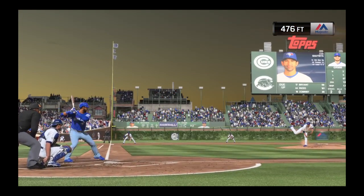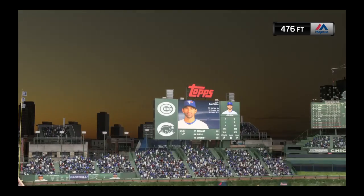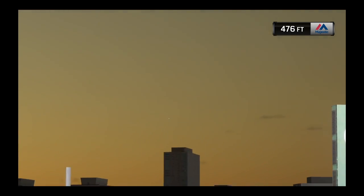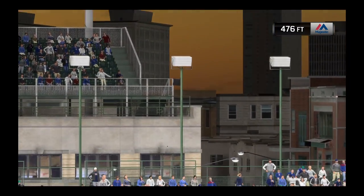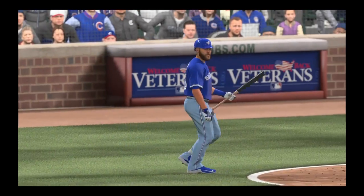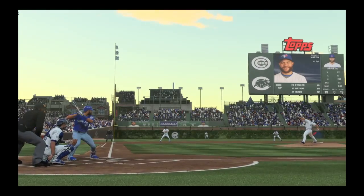You want to talk about an offensive explosion? That's 6 home runs as a team so far. I mean, you might get that once a season. The whole lineup's been absolutely dialed in. Russell Martin will stride in again, and before he takes his cuts here, let's flash you back to the 3rd